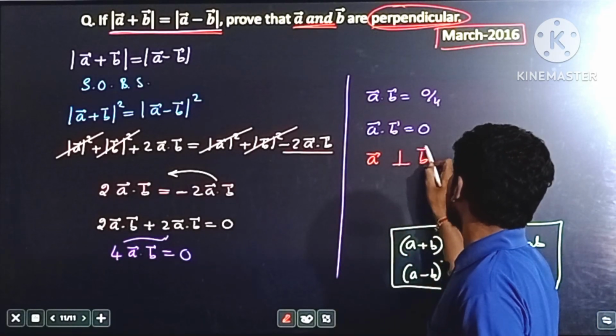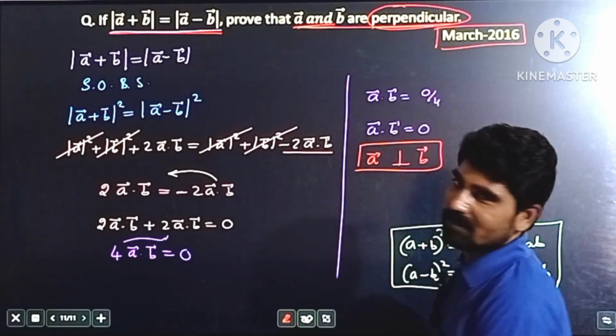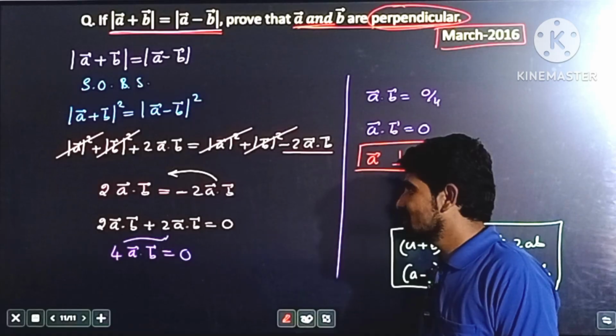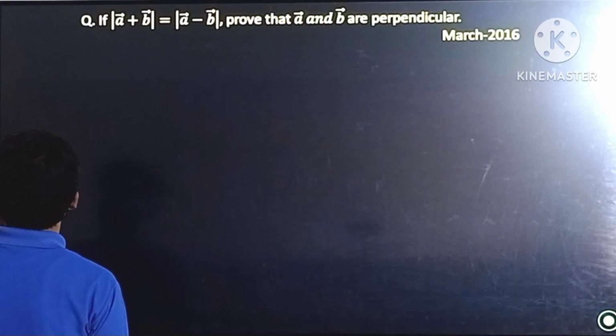It means A vector is perpendicular to B vector, and that's what we need to prove in this question. I hope all of you understood. And let's start the next question. And the next question is,